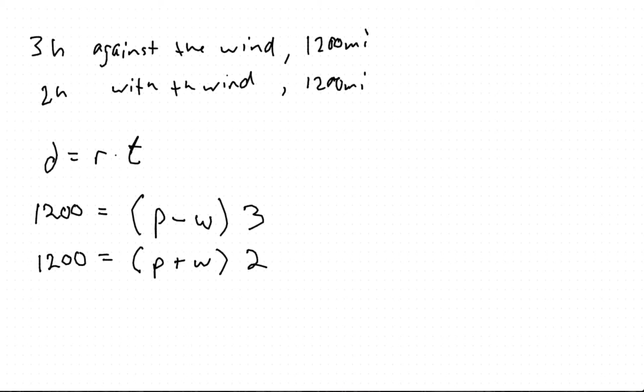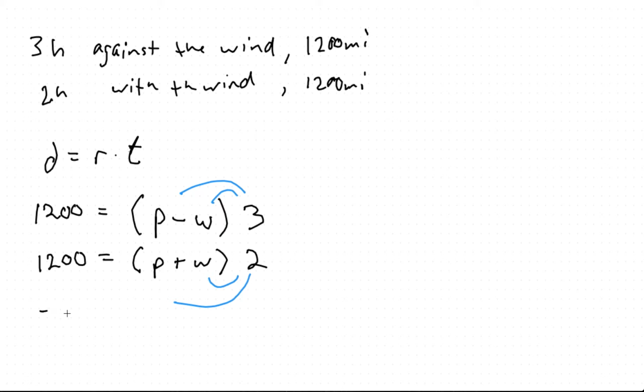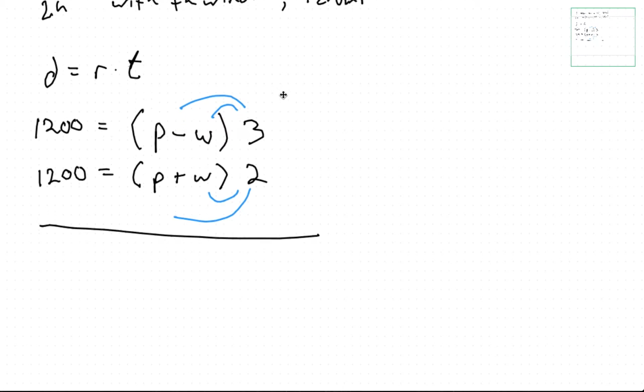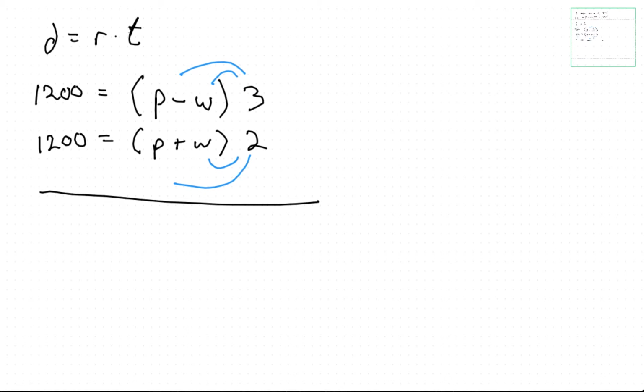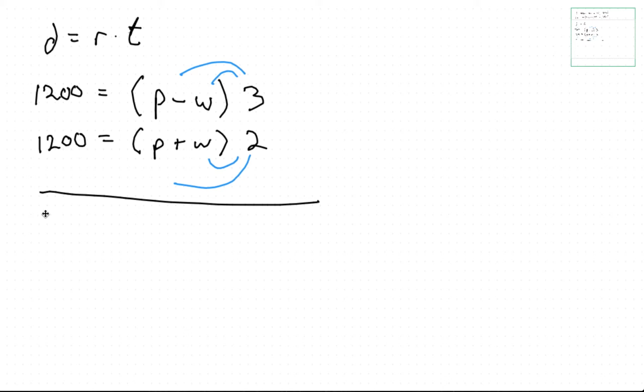So what do we do with the 3 and the 2? We distribute. The hardest part about word problems is just correctly setting them up. Okay, it came up now. So let's continue. We're going to distribute. I'm scrolling down. On the left, you'll see some triangle, a crosshair, some arrows, so you can scroll down and see what I write. So then we'll get